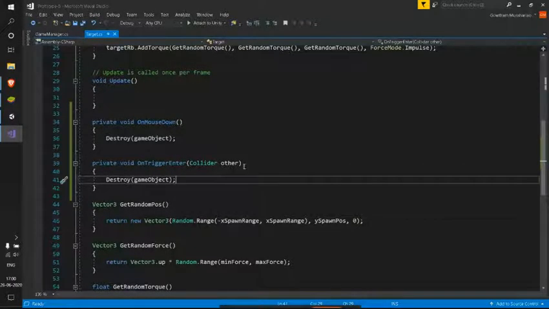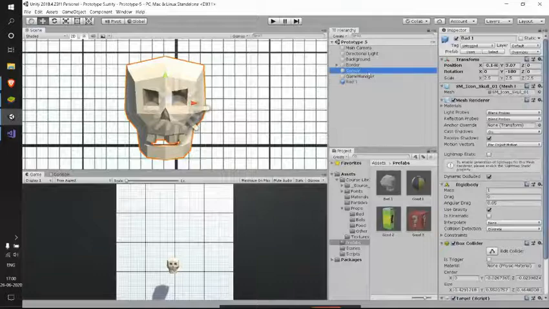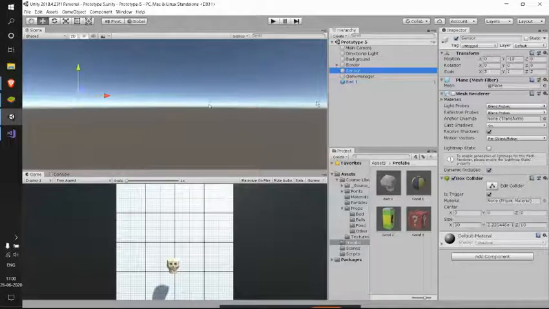Whereas on trigger enter, let's see our sensor below. See, here we have this particular sensor at -10 of our y, which is far below our game.